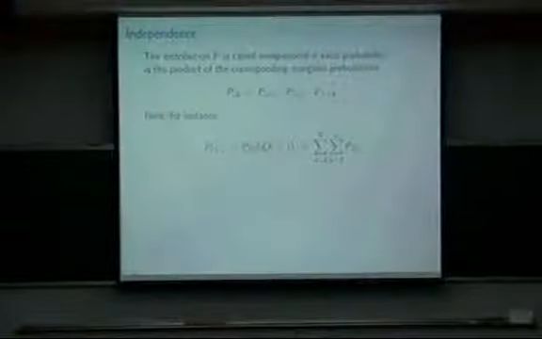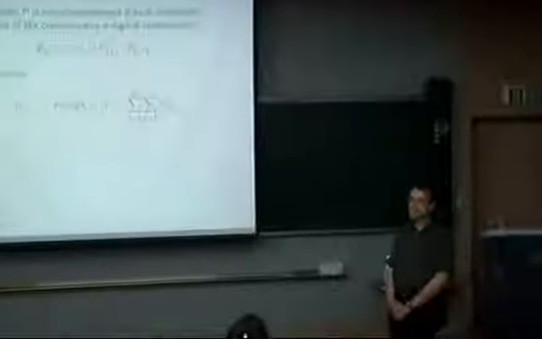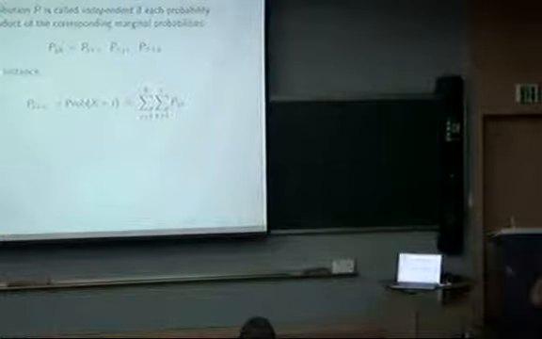So here's the simplest of all possible models, the independence model, what probabilists and statisticians call independence, or physicists call pure states or mean fields. I'm going to say a distribution P is independent if each probability is the product of the corresponding marginal probabilities. So if P_ijk factors as the product of P_i++, which is the probability that